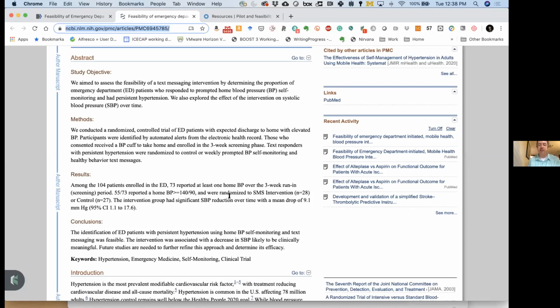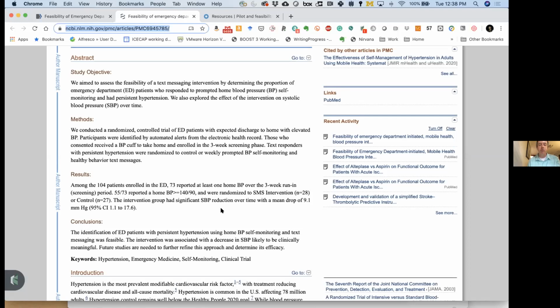because we were getting at 2 concepts. Would the people respond? And was their blood pressure just really falsely elevated because they were in the emergency department? How much regression to the mean would they have? And the main endpoint of our study was how many people would still be hypertensive. We found that approximately 50% of the people were still hypertensive and actually texted us back at least once. So in terms of our main goal, we met that feasibility aim,